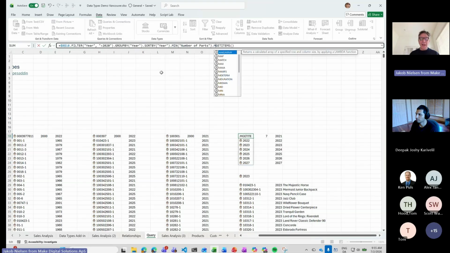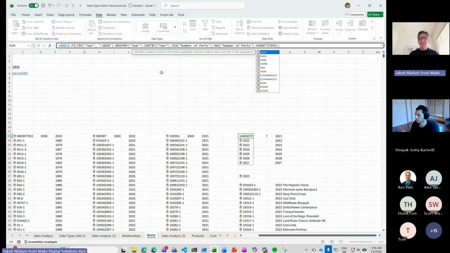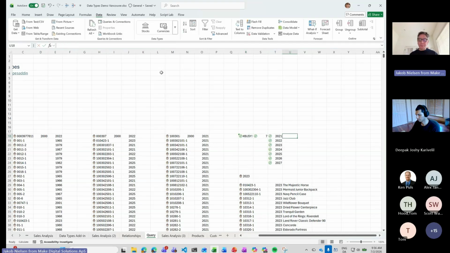I can say maximum number of parts and average. So basically use aggregation functions. And when I execute that function and it comes back with a result,